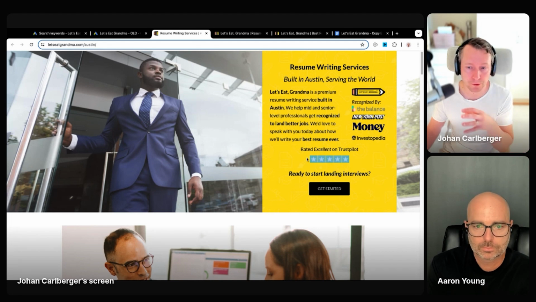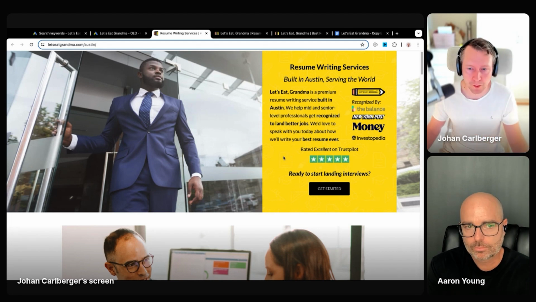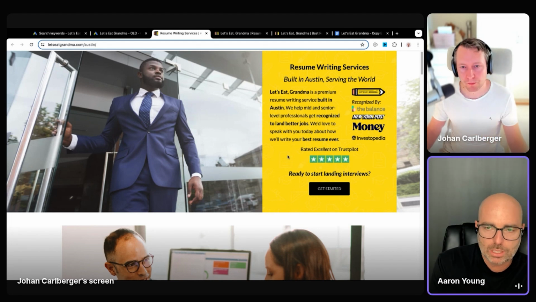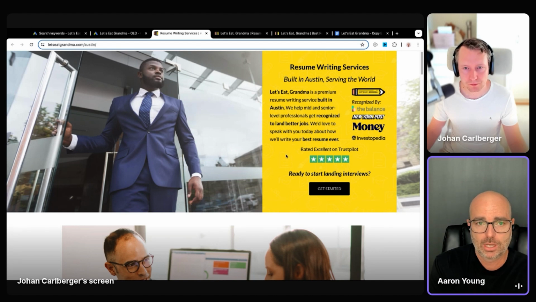Because if they just use the stars, it could be just fake in people's eyes. The other thing I would say there too is, I think they've got issues in terms of just usability. So you're right, they need to harden up on their messaging. The other thing as well is that there's too many images there for me. So what I'd be looking at